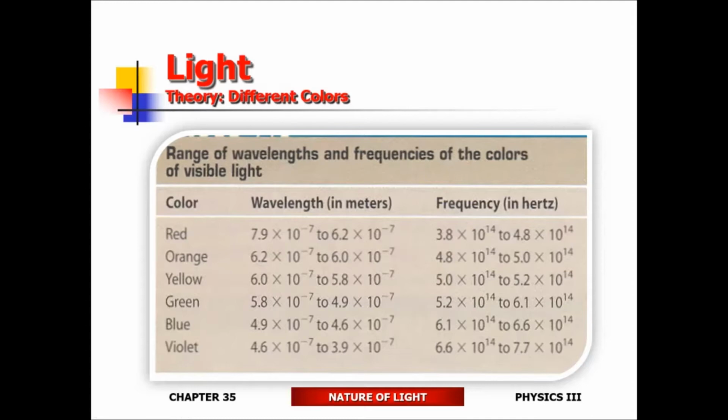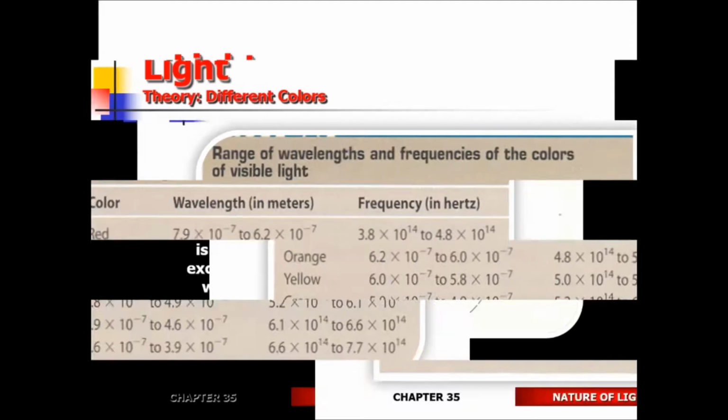It's not important that you remember the numbers. Numbers aren't that important. It's the magnitude, the size of these numbers relative to each other that is important. So red is a larger wavelength than blue. That's the only thing I want you to remember. To get the frequencies, focus on the wavelengths.